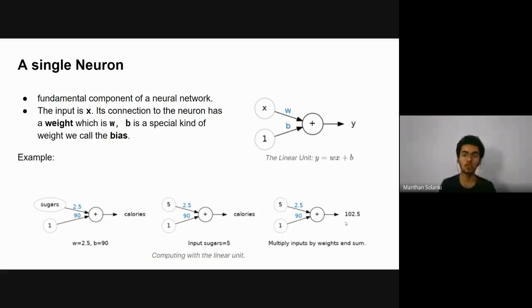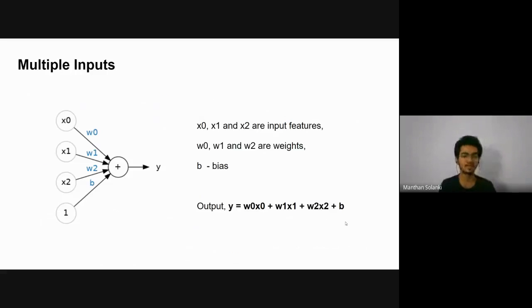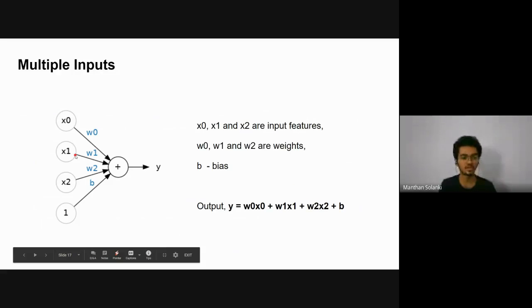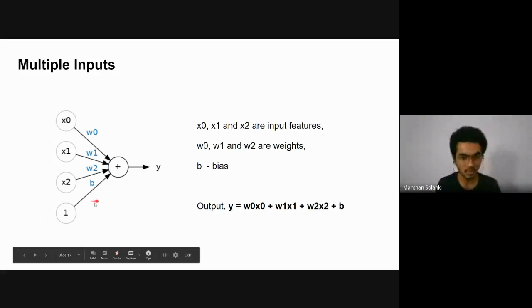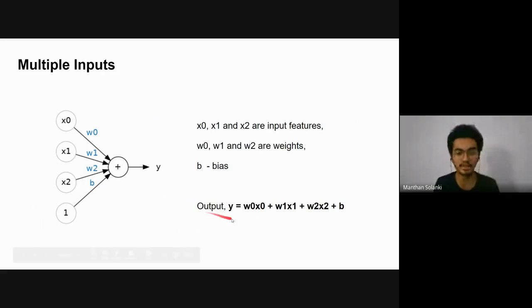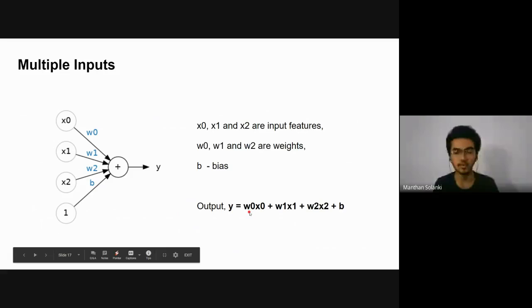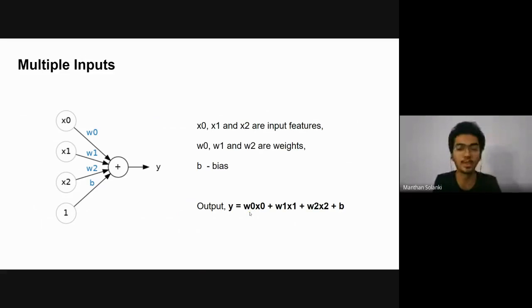We can have more than one input too. Here we have the input features x0, x1, and x2, and accordingly we have the weights w0, w1, and w2. For each and every neuron, we have a common bias factor. So the calculation here is y = w0x0 + w1x1 + w2x2 + b.